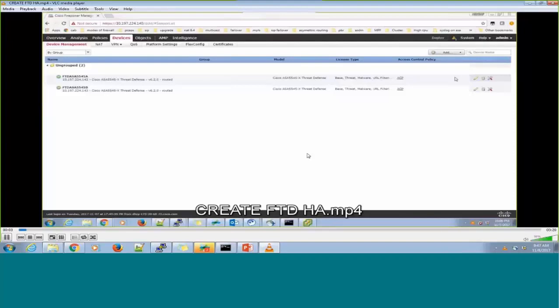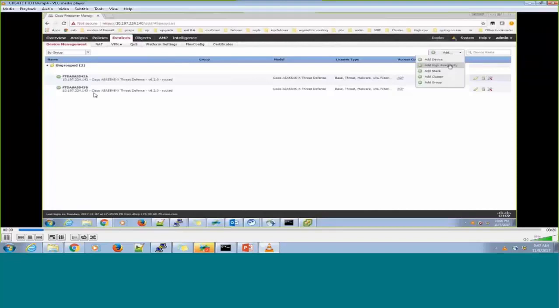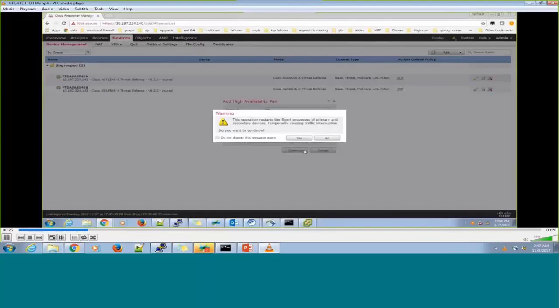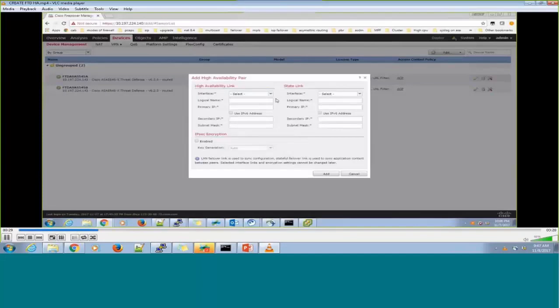So if you can see, I have two separate FTDs, FTD ASA 5545A and 5545B. So I go and click add HA, fill in these details. I choose device type as FirePOWER Threat Defense 5545A and 5545B. Click on yes. Now, this part is called the bootstrap config, and there is one important point